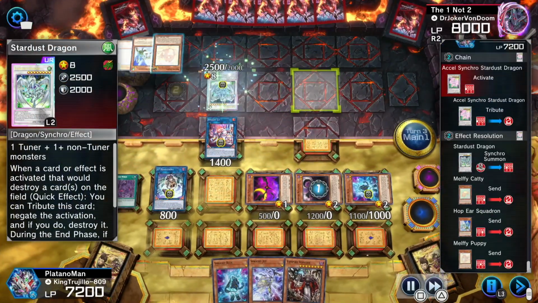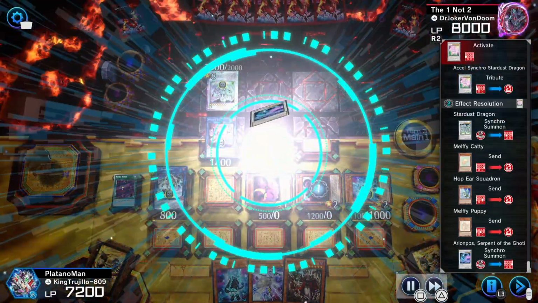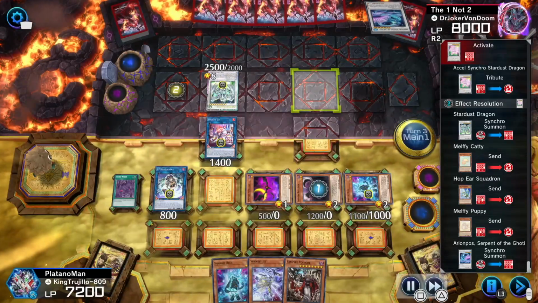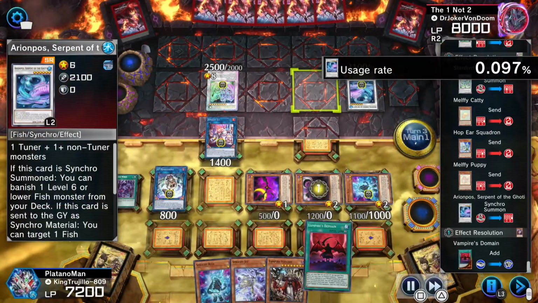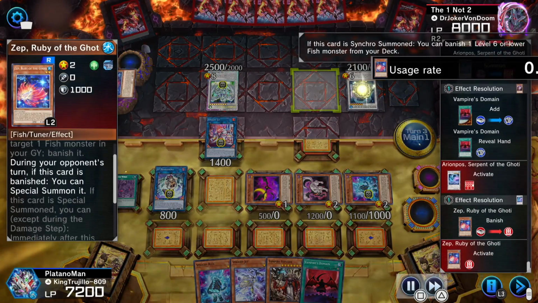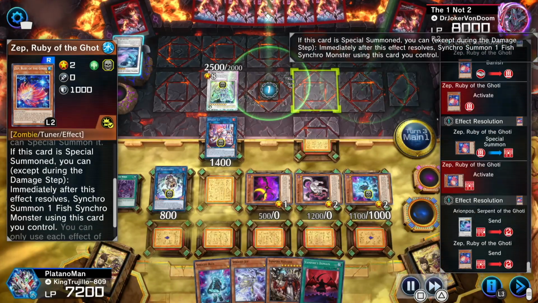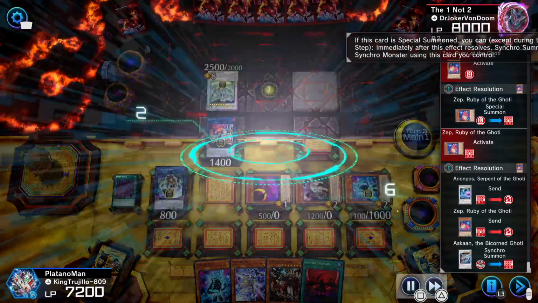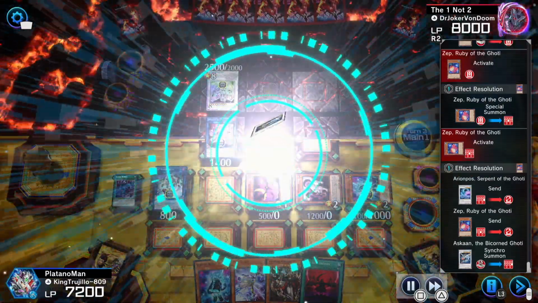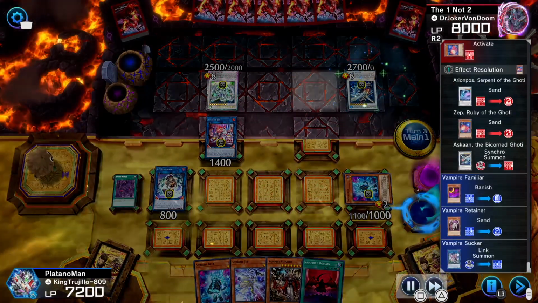Alright, and then with the Stardust Dragon, he's going to be able to negate some cards. And then with these 3 monsters, he's going to go into the Ariumpos. So he also has some Gaudy action going on over here. Okay, so the Ariompa is going to activate. He's going to get rid of the Ruby. Ruby's going to activate, so now he's going to be able to synchro summon again. So he's going to go now into the Ascan. And this is all on my turn too. I'm like, okay, sure. I mean,